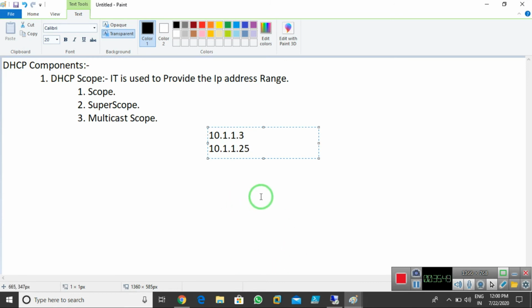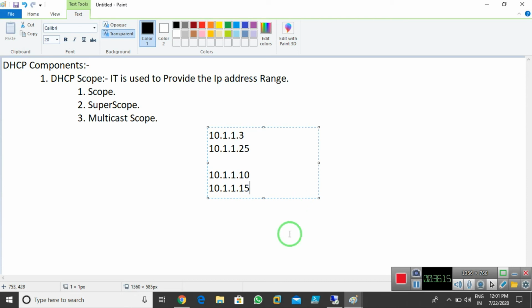Now I want that between this range, I don't want DHCP to provide the IP addresses 10.1.1.10 to 10.1.1.15. So the DHCP server will not provide these IP addresses. Exclude means I'm using these IP addresses as static. These IP addresses are not provided by the DHCP server.